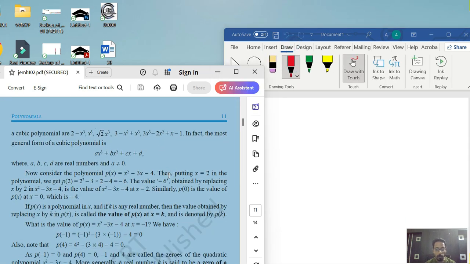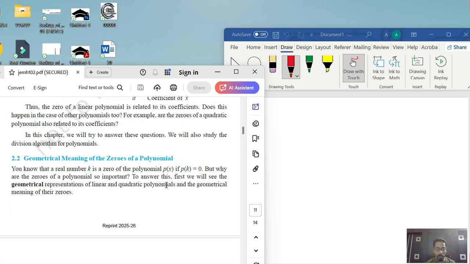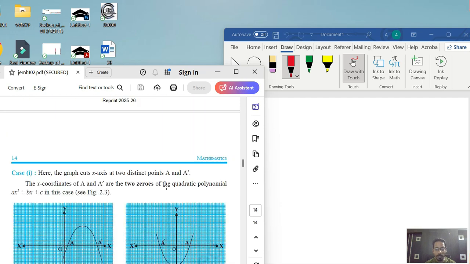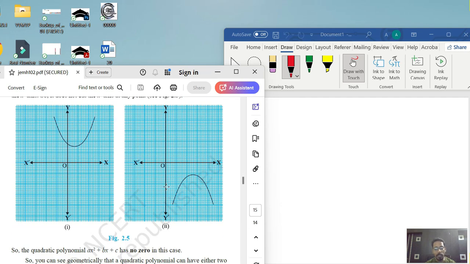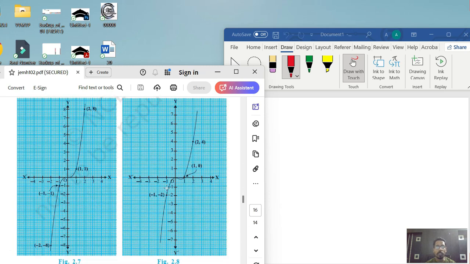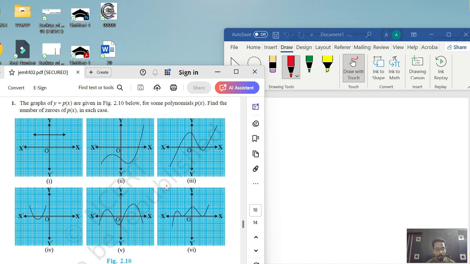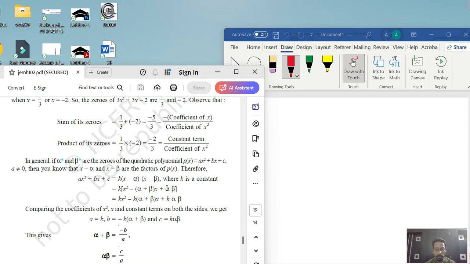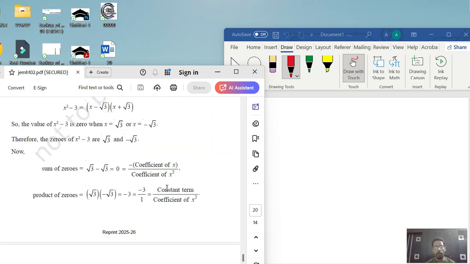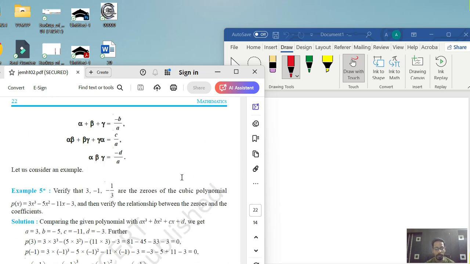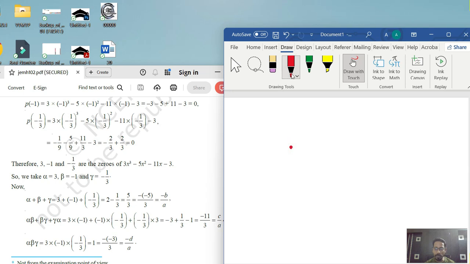this whole chapter. Okay, so firstly we have to study here in polynomial what is linear polynomial, what is quadratic polynomial, what is cubic polynomial, what is the geometry of the polynomial. Okay, and then how to find the zeros of the polynomial and then verification of the zeros. Okay, सो ये सब चीज़ें हम लोगों को पढ़नी है।